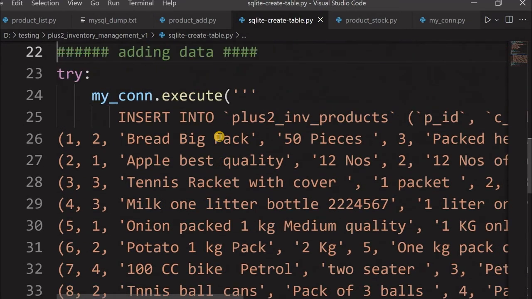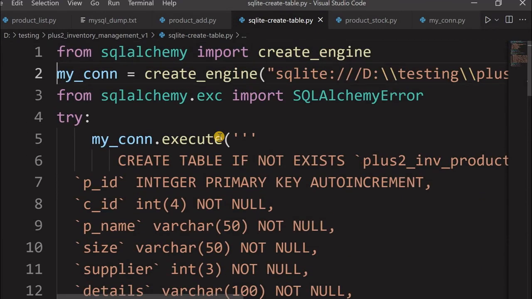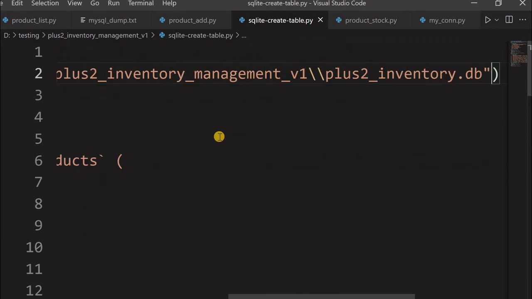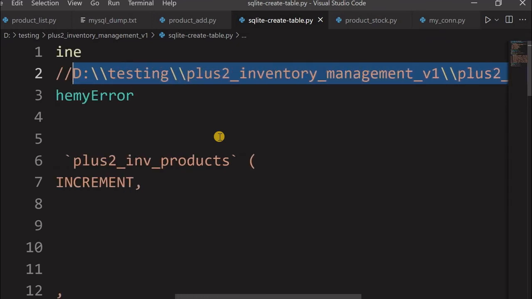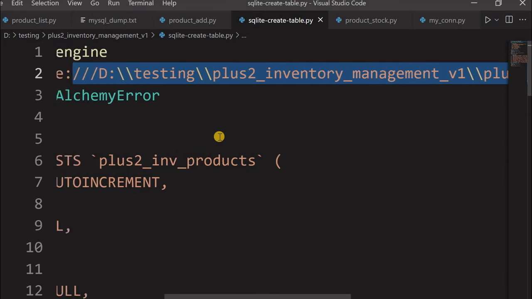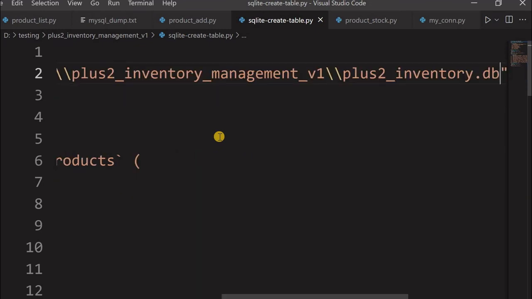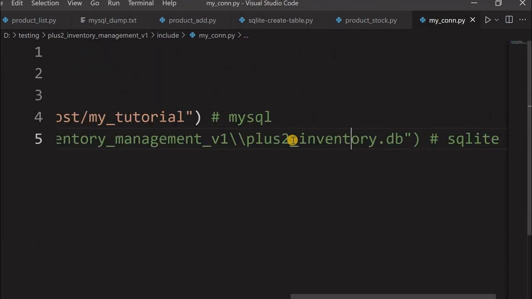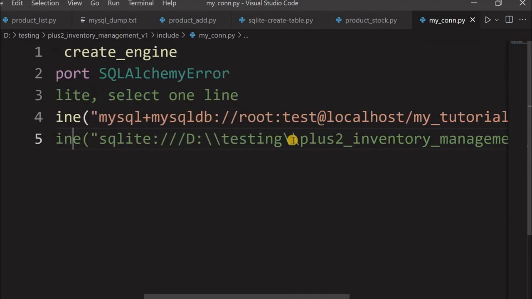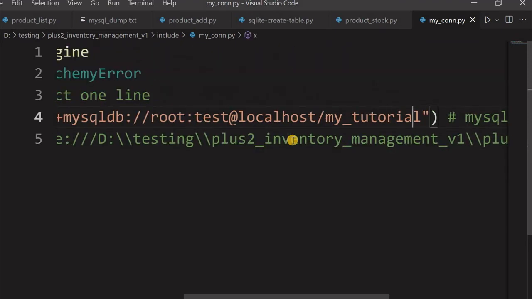So this is a file based one. The important point here is, at line number 2, give the path where you want this file to be. Otherwise it will create it in the root of your user ID where Python is running. So change the path here, where you will be creating your database. Once the path is set, you must also tell SQLite where your database is, so this path also you will be changing in your my connection file. So these 2 things you can do.